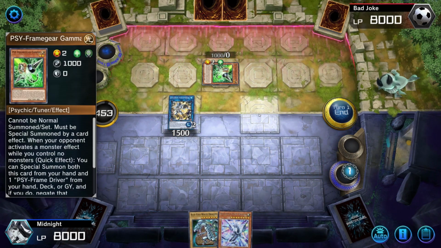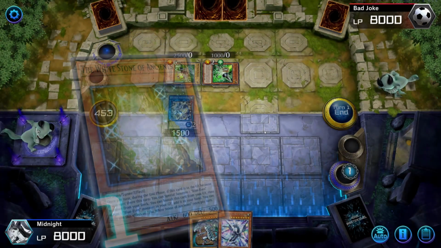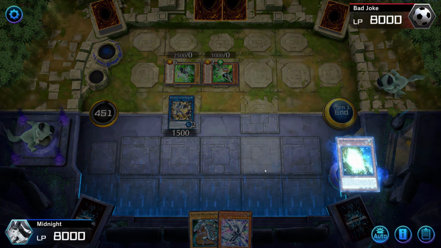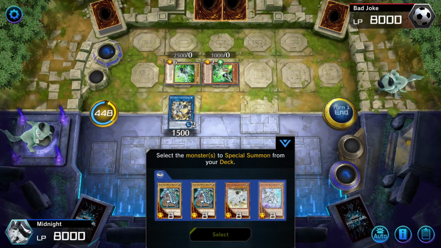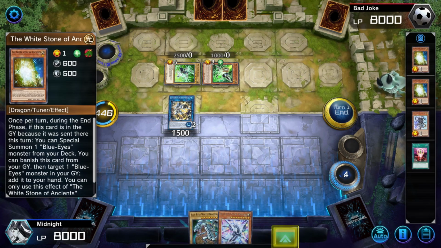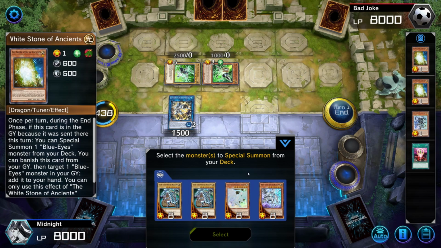But this is literally a free synchro into a negate, which I find rather annoying, this card here. He doesn't have another negate, okay. Normally, because I would have... Okay, so basically, he did mess me up a little bit, the stone got messed up a little bit. Because normally, I would have just...